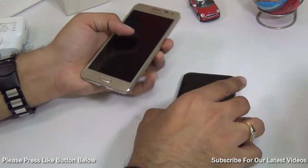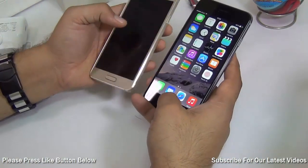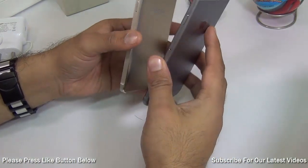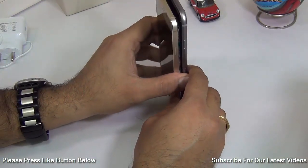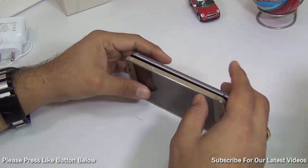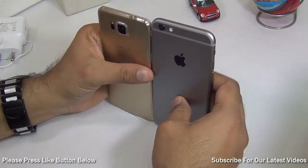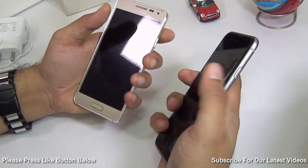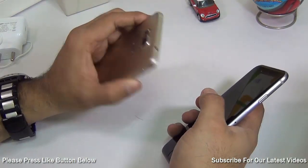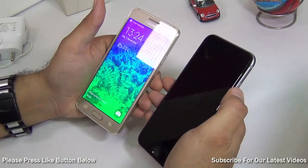It comes with a Gorilla Glass 3 protection at front, and same is the case with the iPhone 6, but iPhone 6 is comparatively higher priced and is larger in physical size as well, besides having almost the same display and display resolution. When it comes to the feel of the phones, the iPhone does feel better because of the rounded edges, but the Samsung Galaxy Alpha also feels very premium in hand and does not lag much behind when